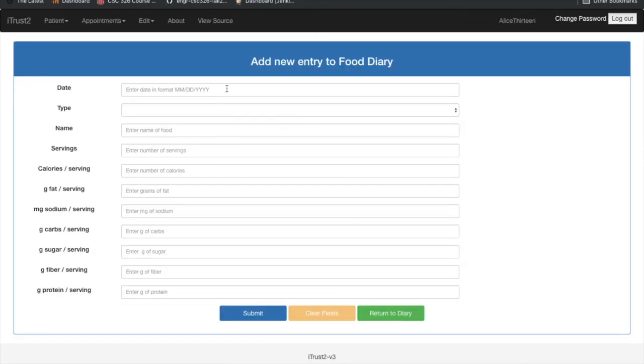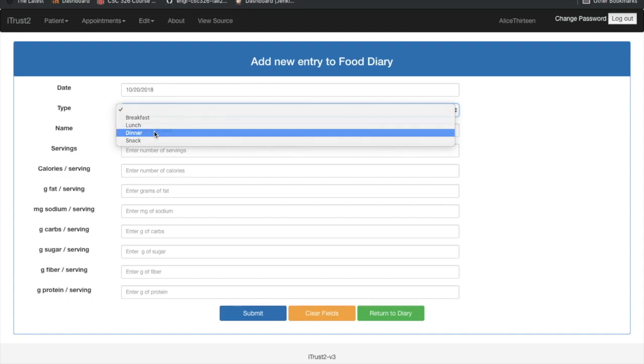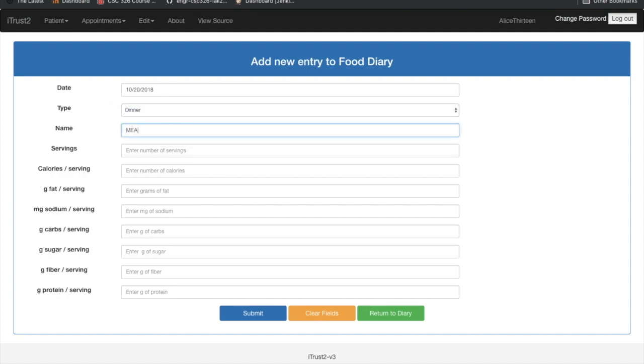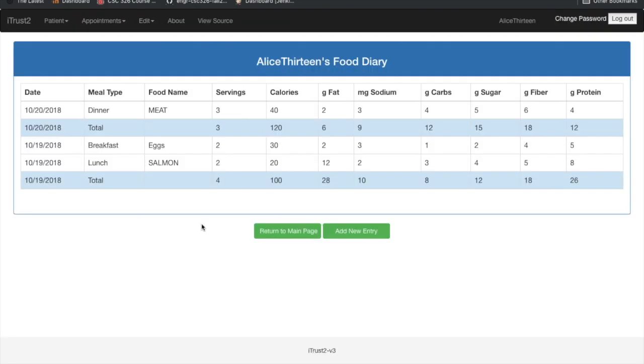And we select to add a third entry. We decide to use a different date this time, so we'll choose 10/20/2018. We decide to use a food type of dinner. We name the food meat. We decide to use 3 servings with 40 calories per serving, 2 grams of fat per serving, 3 milligrams of sodium, 4 carbs, 5 sugar, 6 fiber, and 4 protein. And we submit this. So now we have the view of the food diary, and the most recent food is